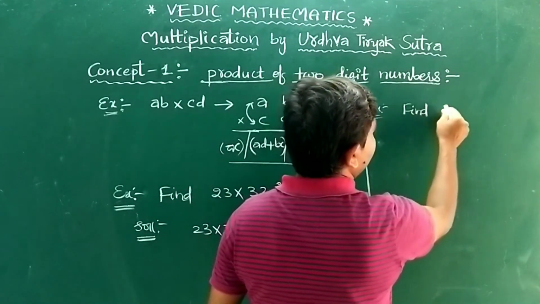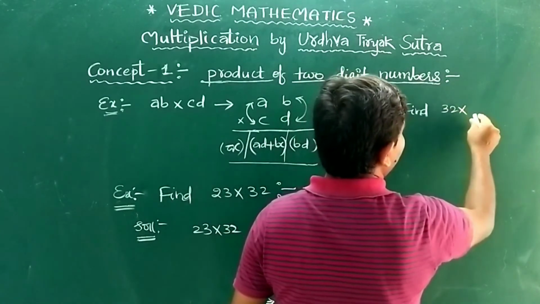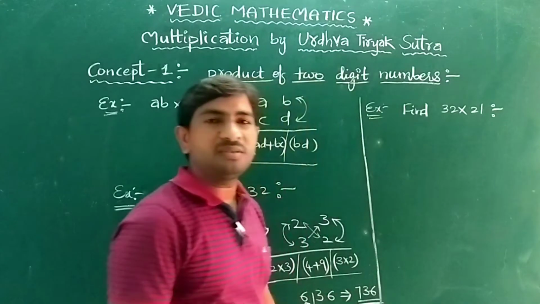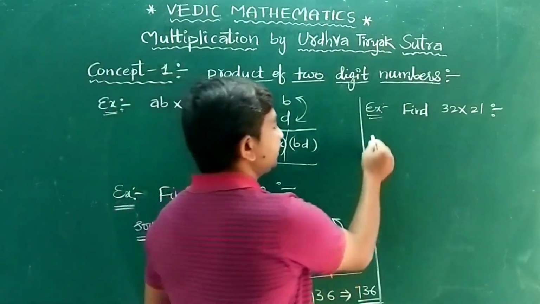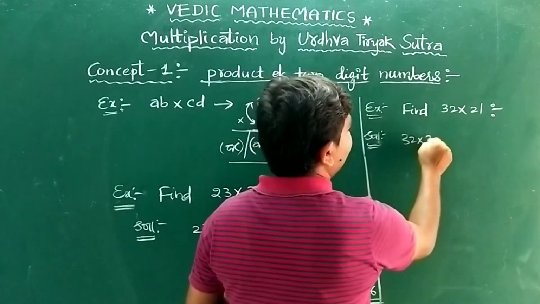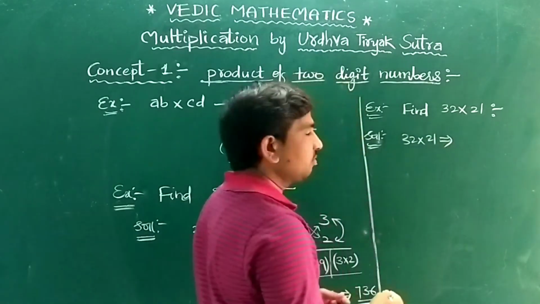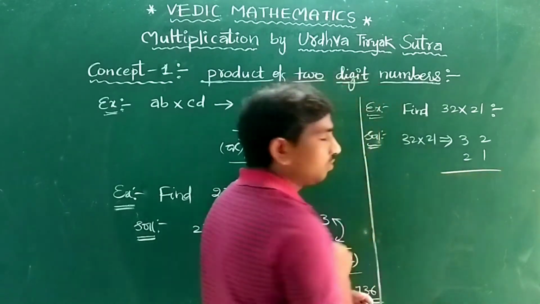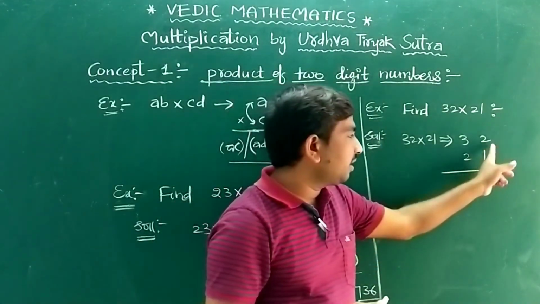Find 32 into 21. How will it be? See this. 32 into 21 can be written as 32 21. Now what? First of all, multiply the extremes of